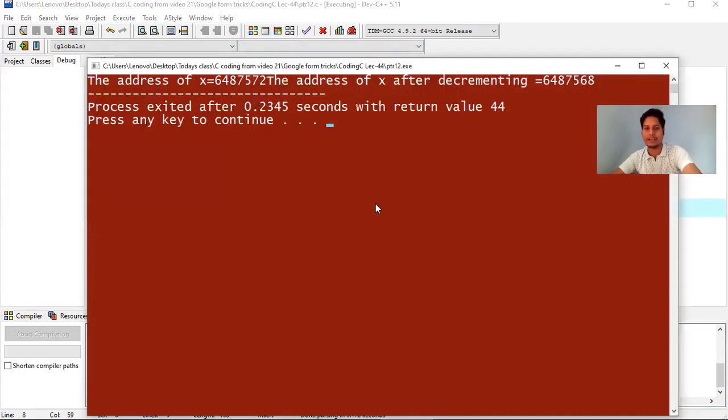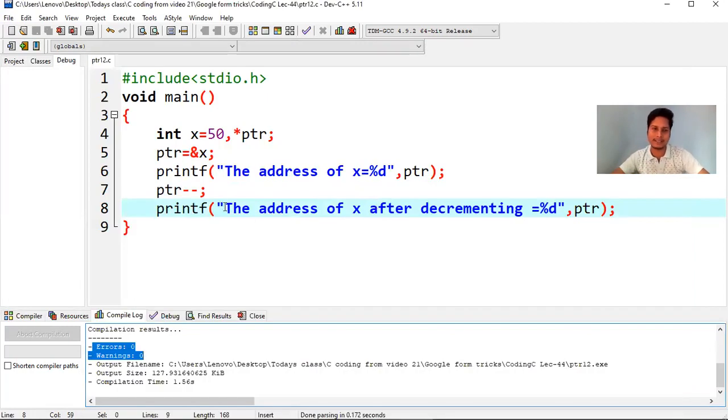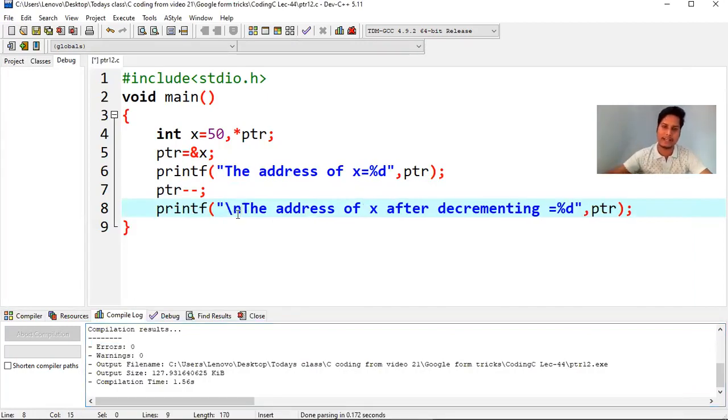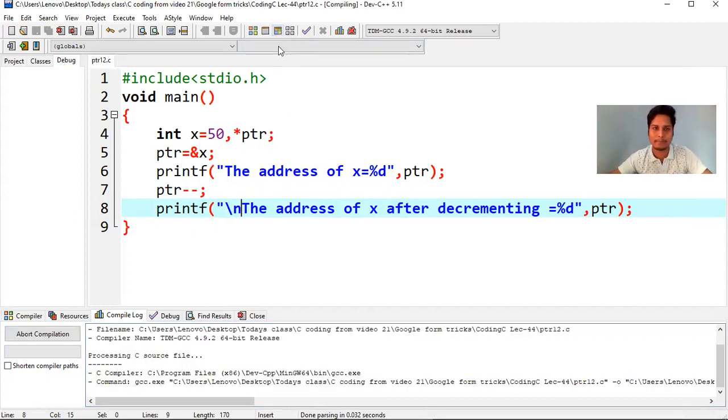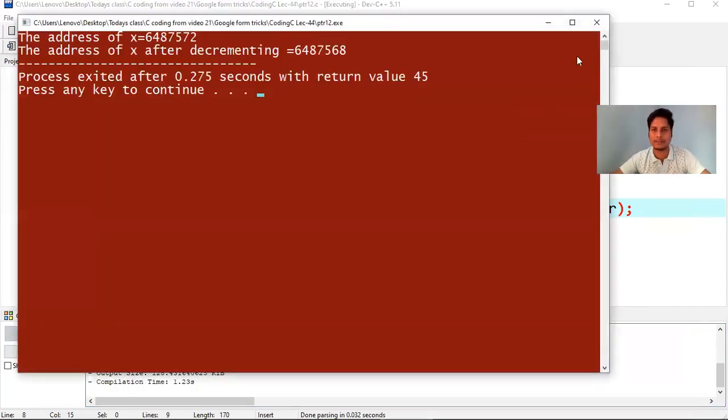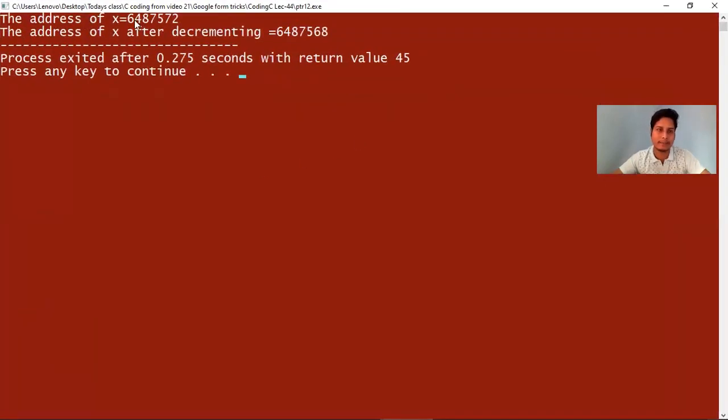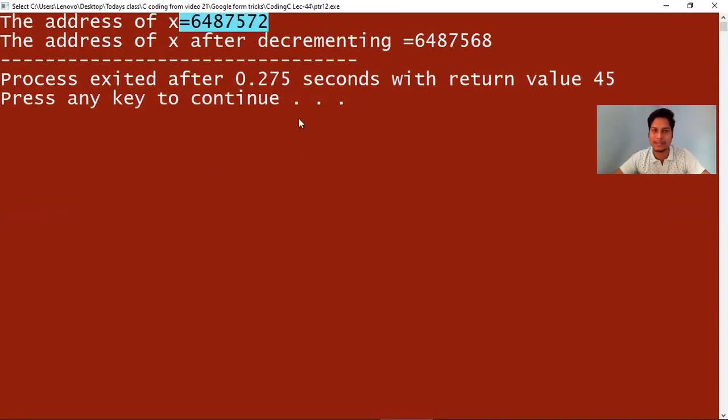So here, I want to add a new line character so that it will be printed line by line. Here you can see the address of x is 6487572. That is, last two digits are 72, but the last two digits here are 68.